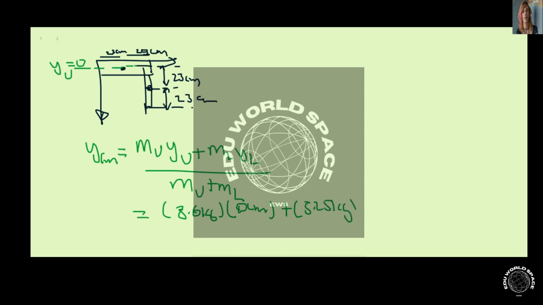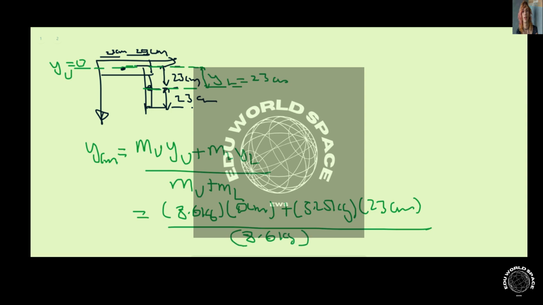5.25 kilograms times 23 centimeters. That's for the lower leg, and you can see it's still the same. The distance for the lower leg is 23 centimeters. That's from the measurement of the center of mass of the upper leg. And then we're dividing all of that by the masses: 8.6 kilograms plus 5.25 kilograms. And that's going to give us 8.7 centimeters, or if you change into meters,